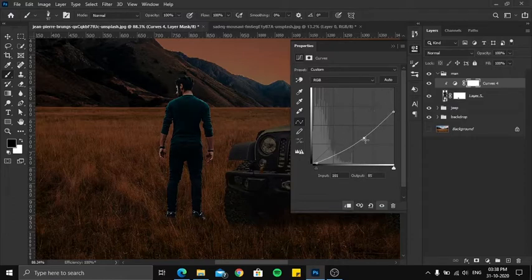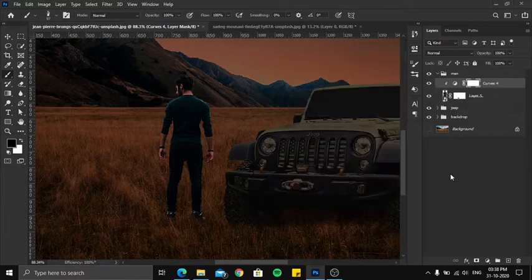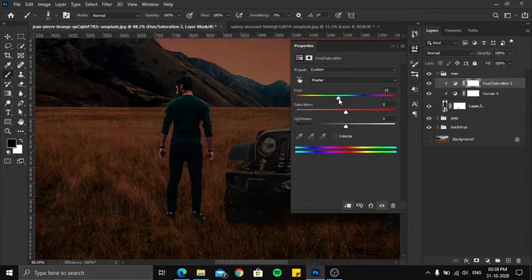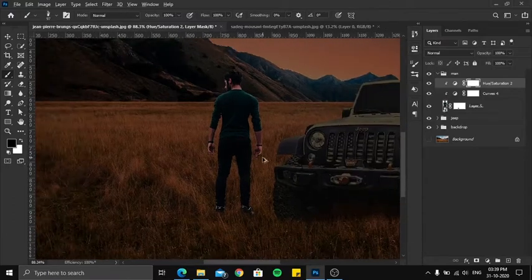And play with the curve until you find the spot where the subject blends nicely with the background. You can play around with the channels to add colors to the subject. I'm gonna add a bit of red in the highlights. As you can see, it looks nice now. And we're gonna play with some hue saturation and make sure to clip it as well. Adjust the hue a bit. I think it looks more cyanish. Now it looks fine.